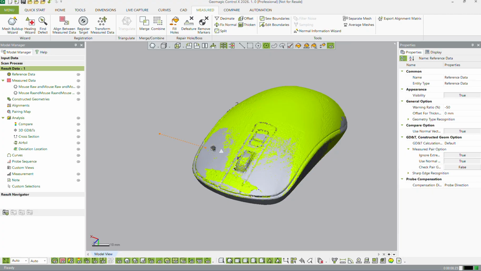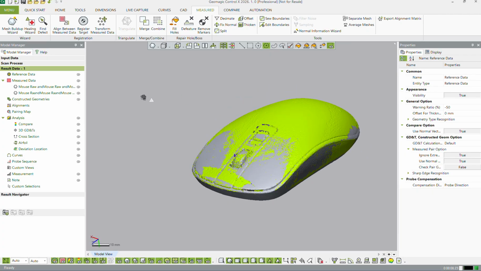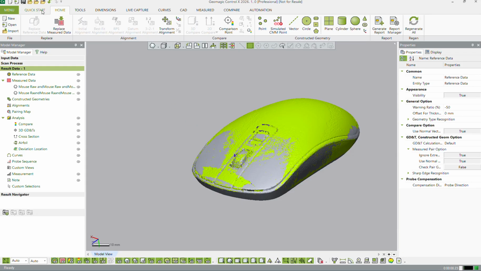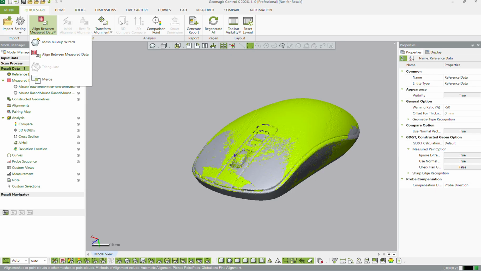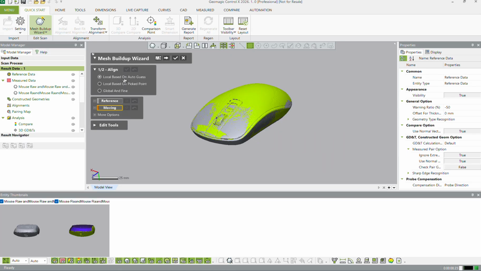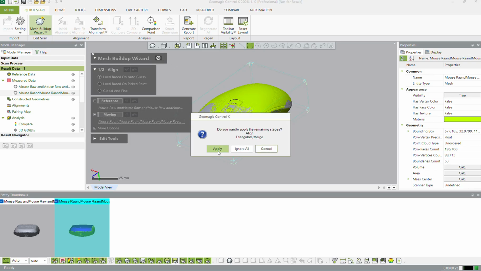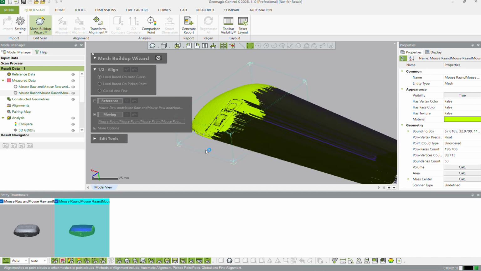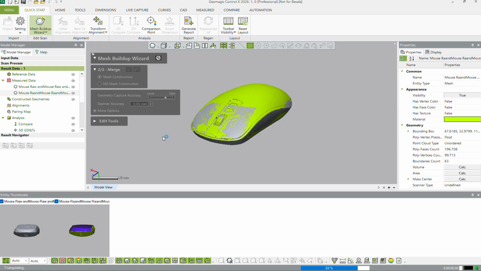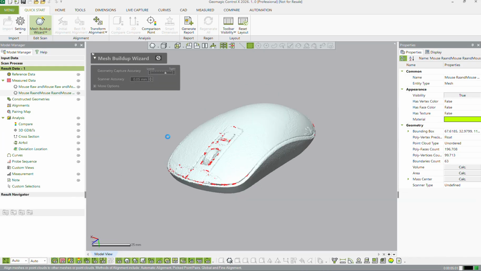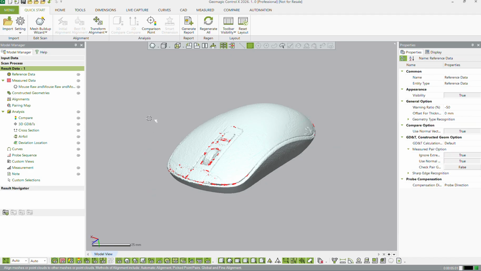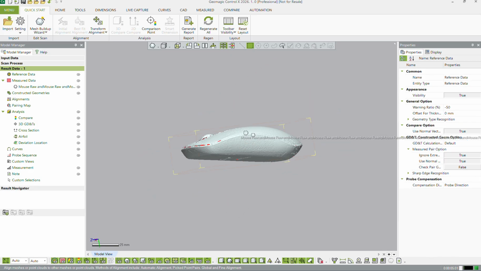And it looks like we triangulated both of them, but we didn't actually merge the 2 together. So we could either go and undo and do this again, or I can come to my quick start tab and run the mesh buildup wizard, give it a reference, give it a moving, hit the check mark, there we go. We now have one mesh that is completely ready, and you can see there's still a few